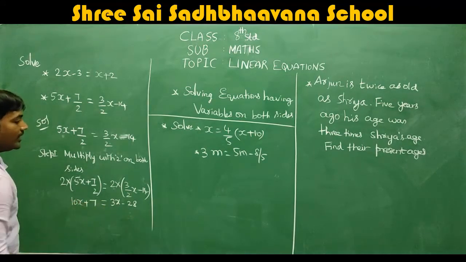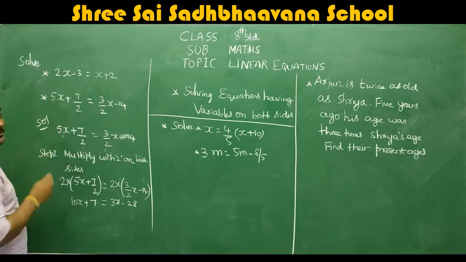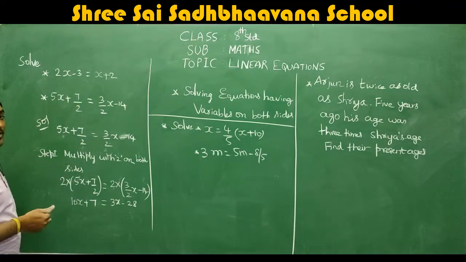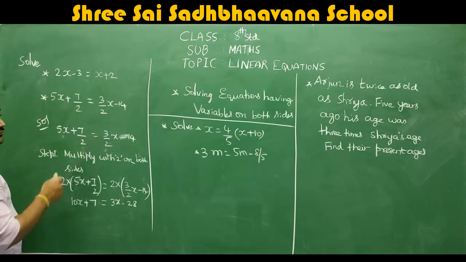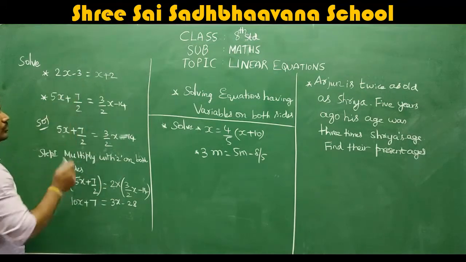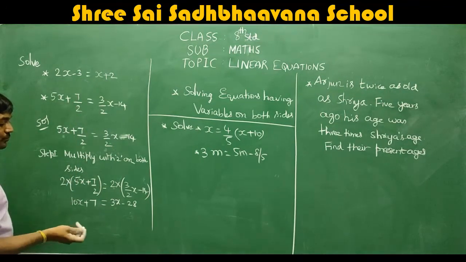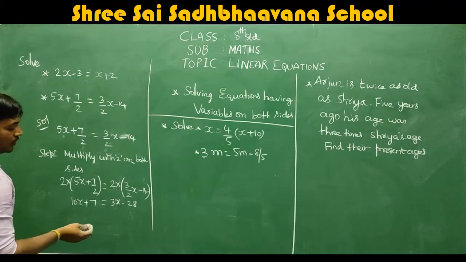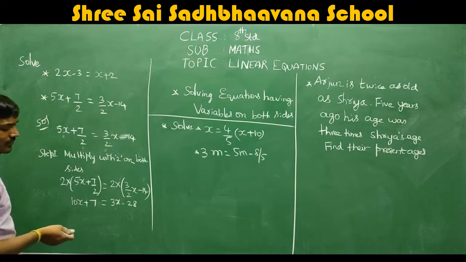Now it is again of the previous type. Why did we multiply with 2? The main reason is to eliminate the fraction form of the number. So we eliminated the fraction form and got the whole number form, which is of the last type. Now how to proceed? Again, in the same type we have to proceed.